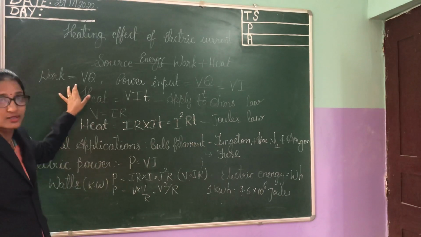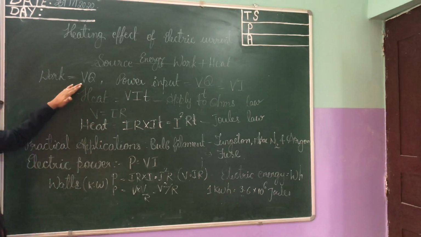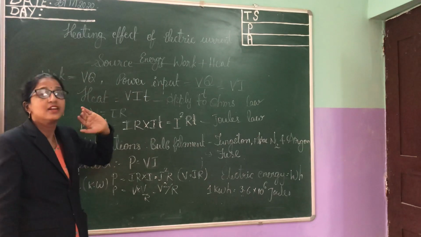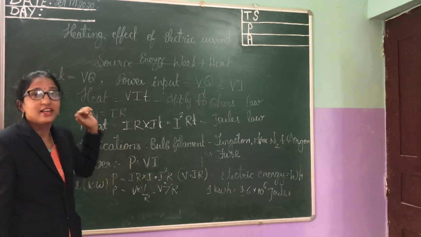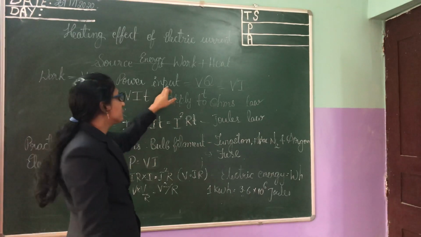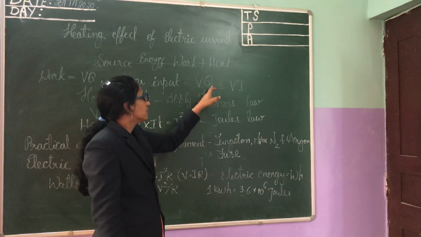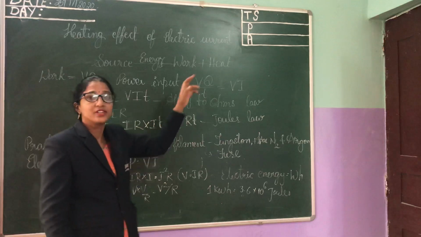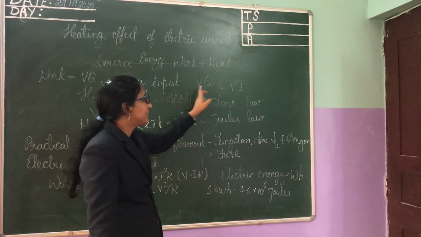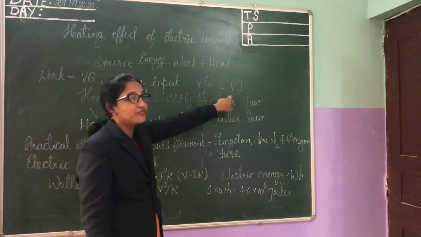That is work. Next, power. The power input is the work done, V times Q, in a particular time, that is, how much power we are giving and using. We can measure the power input by using the equation VQ by T. We already know that movement of charge in unit time is known as current. So instead of Q by T, I write directly I. So power input is VI.